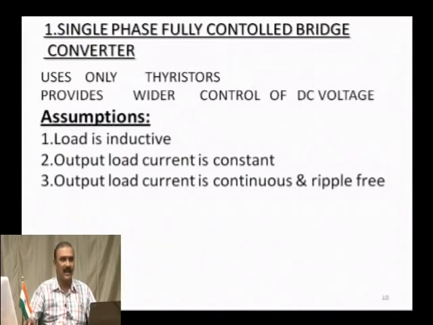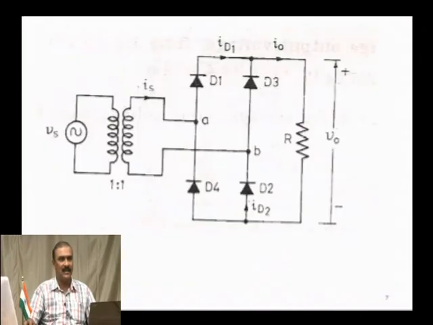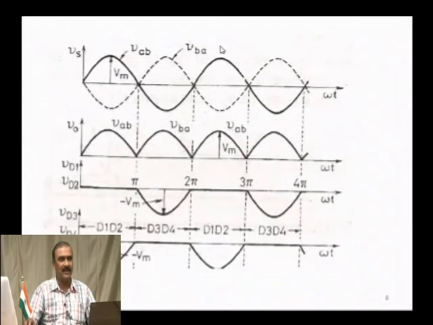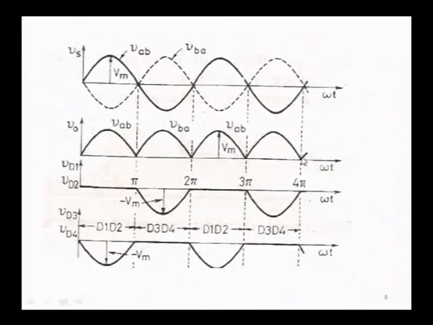You know what is ripple? Ripple is this. In case of a bridge rectifier, you say this is a ripple. Though the output is rectified, these are ripple voltages. So this is to be fixed. For this, what do we do? We use filters in the circuit. After filtering, we get constant DC output voltage. So these are called ripples.